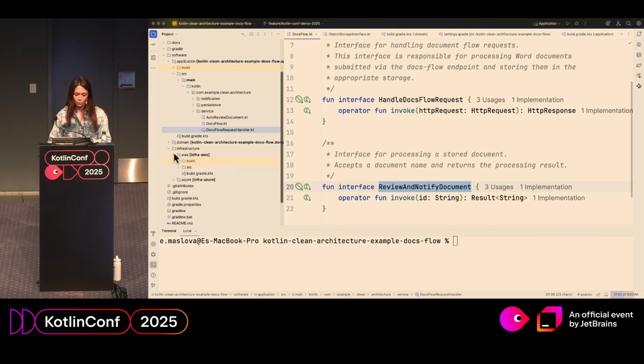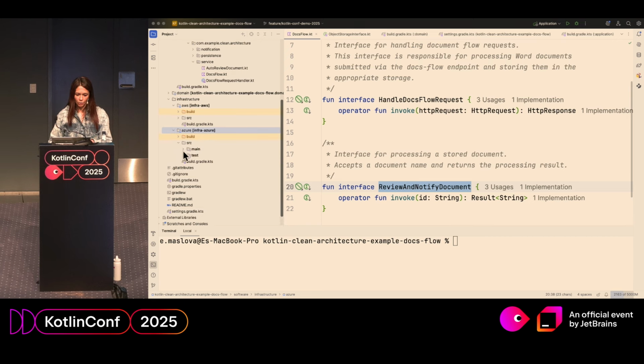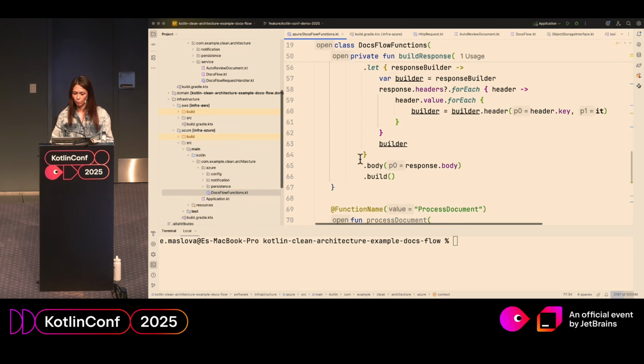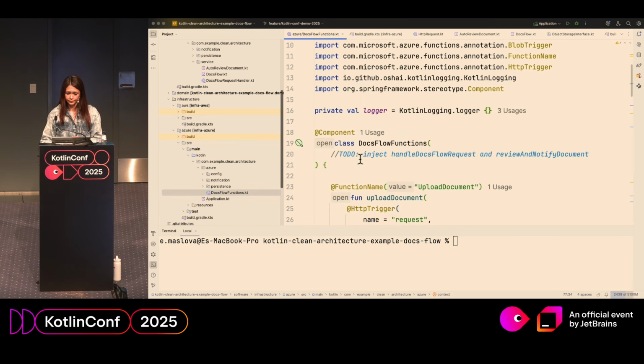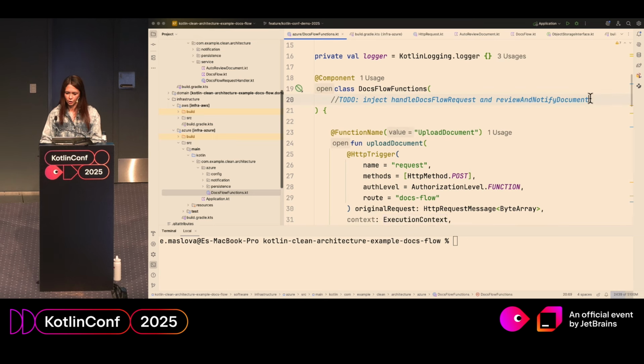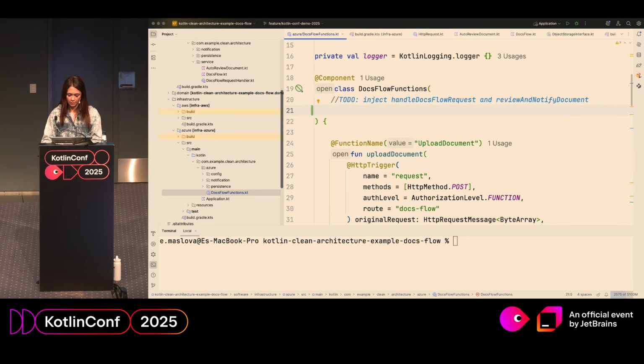So I'm going to do Azure first. I'm going to go in and update our entry points. So first we need to inject our services. So we have the,